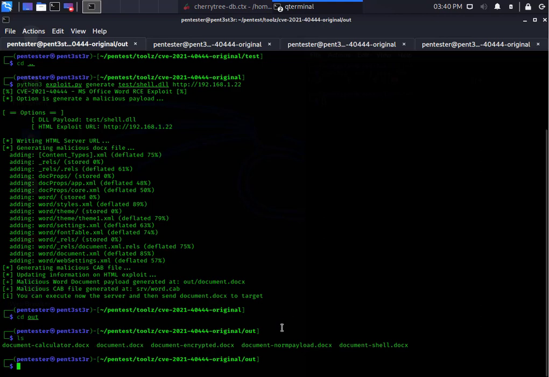So this is the second step, and the third step is I am going to distribute this document.docx to the victim machine. In a real world scenario, you would send this docx file via email or a phishing email or something like that, for the victim to click on it. For this POC scenario here, I am just going to host it on my Kali Linux and download it from